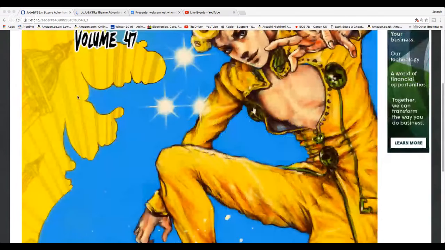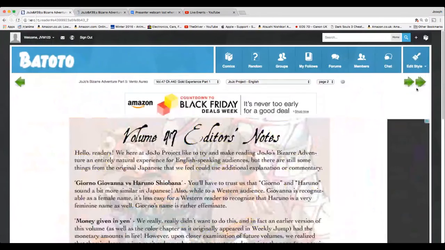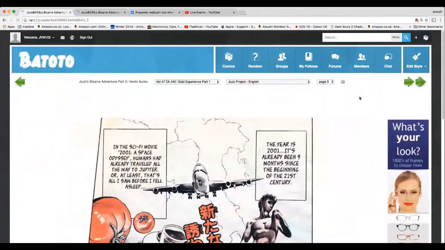And yes, okay, so let's actually start this adventure about 7 minutes in, because I was trying to figure out how to use this software. So let's begin now. All right, so page 1. I've never started a manga at volume 47, but it's an experience for me. I always had a little tab again, because I always do this.